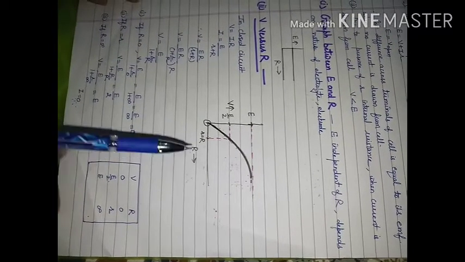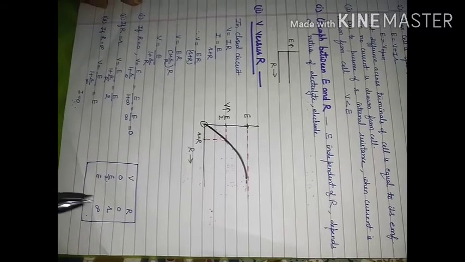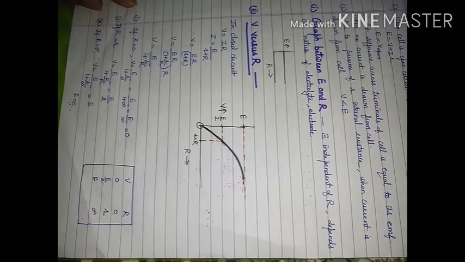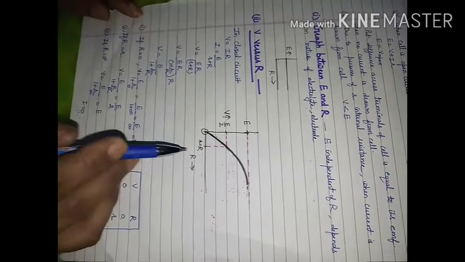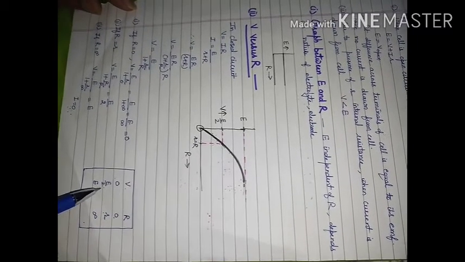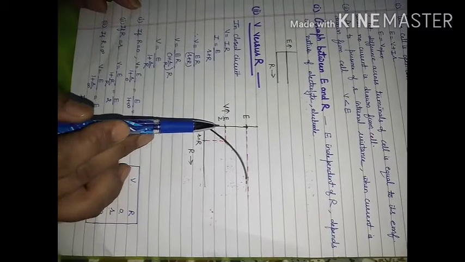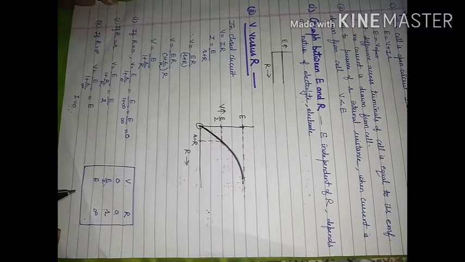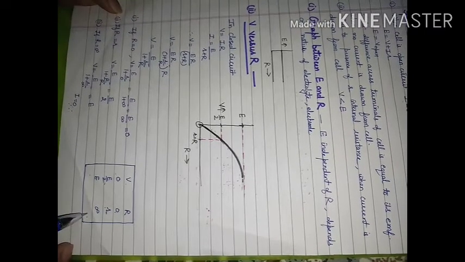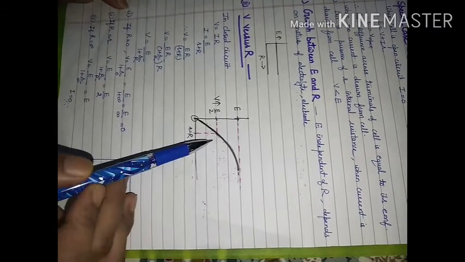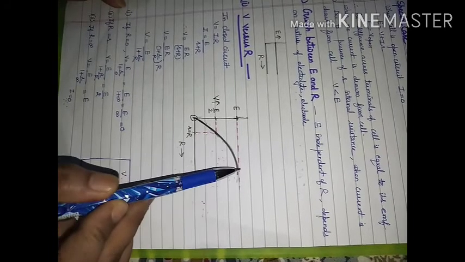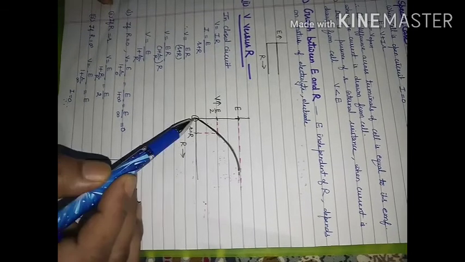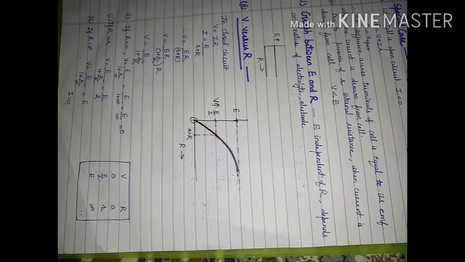So using this table, what will be the nature of the graph? This side we have R, this side we have terminal potential difference. When R is equal to 0, V is 0. So this will be our first point. When R is equal to r, V will be equal to half of EMF. This is E, this is half of EMF. So one point will be this, one point will be this. V will become equal to E when R will become infinite. So this graph will reach its maximum value E when R becomes infinite, and your graph will come out to be of this shape.